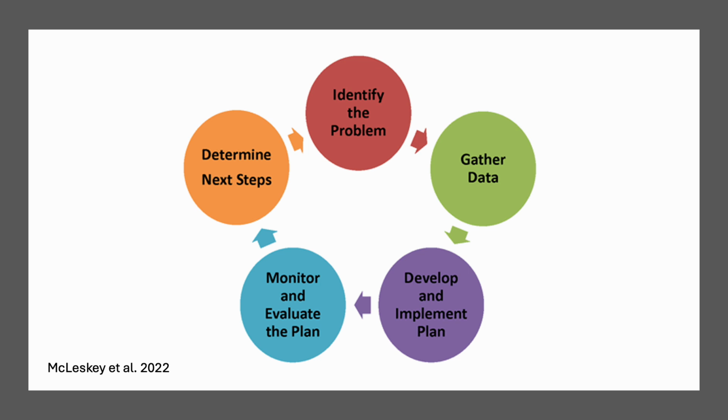And that really comes down to curriculum-based measurements, or basically a standardized progress monitoring system, which gives educators the ability to analyze instructional practices and make adjustments as necessary. So looking at identifying the problem of John at a first grade reading level, gathering the data, developing and implementing a plan to meet him where he's at, and then monitoring and evaluating that plan as we progress. Maybe some adjustments need to be made, or maybe we can determine what the next steps are going to be